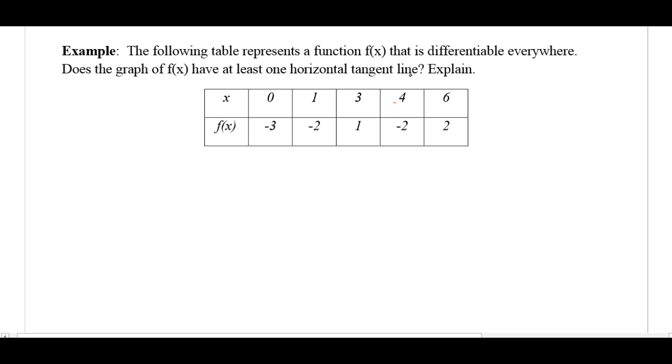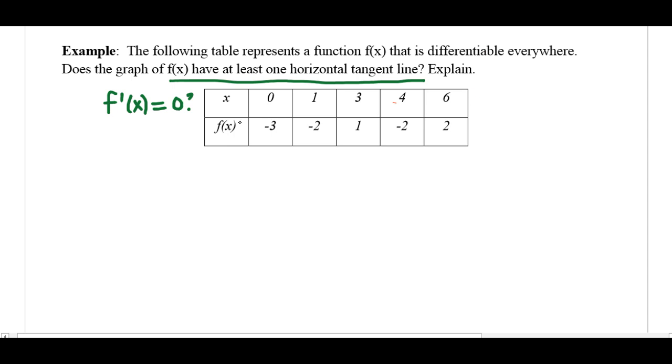a horizontal tangent line. So this portion right here is like asking, is there some place where f prime of x equals 0? They're equivalent statements. So it's translating this horizontal tangent line to understanding that that means when the derivative is equal to 0. Well, so when I'm given information about f of x and I want to know whether f prime of x equals 0, I need to make sure I have differentiability, continuity, but I need two y values to be the